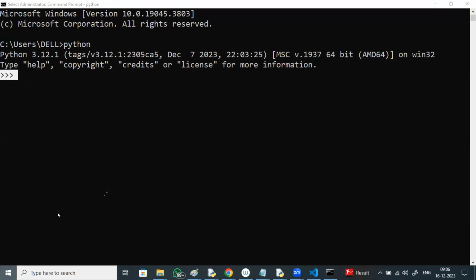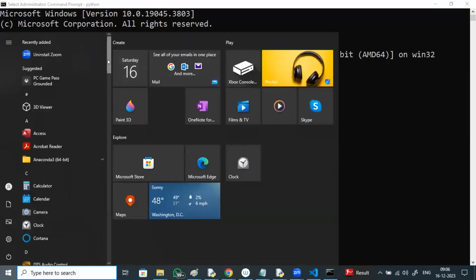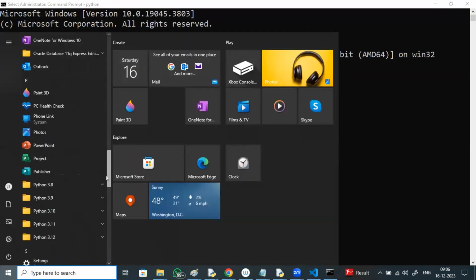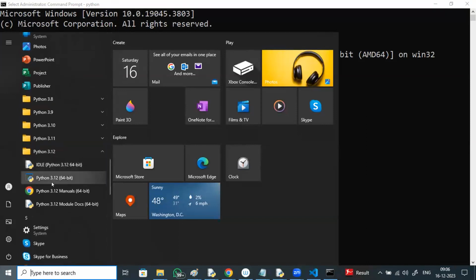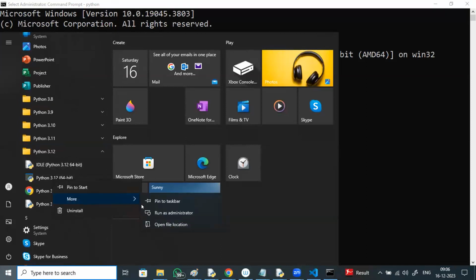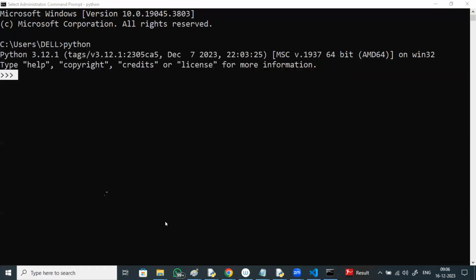Go to the start programs and scroll down, see all apps. You open all apps. Python 3.12, in that you can see Python 3.12, right click on it and say more. Open file location means open file.